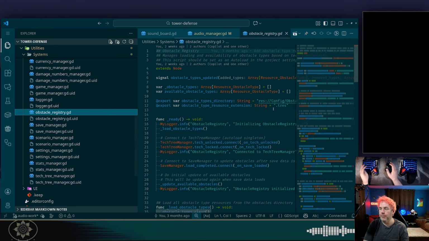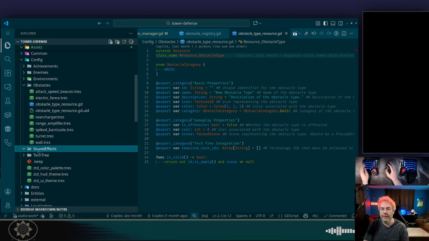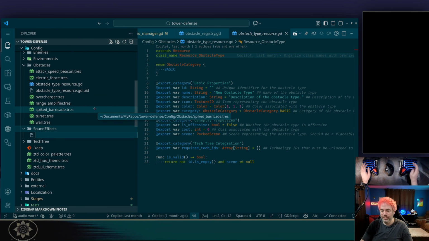Like obstacle registry, we have a resource obstacle type. Okay, so it's just in line with the thing, right? So we'll create a sound effect resource.gd,